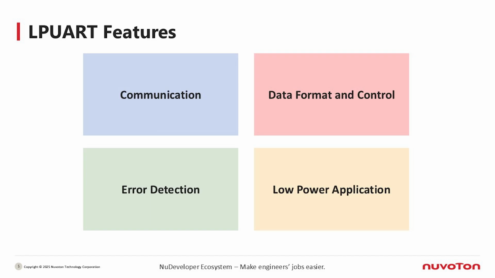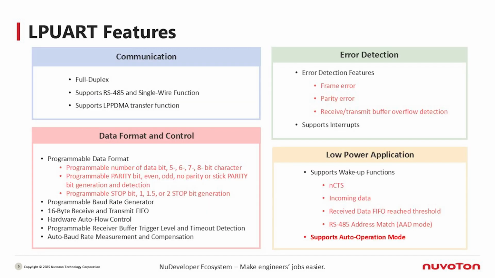Next, we will introduce the main features of the Low Power UART. We will explore them from four key aspects: communication, data format and control, error detection, and low power application. First, let's talk about communication. The Low Power UART supports full duplex data transmission, and it can work in RS-485 mode or single wire mode. It also supports low power PDMA, which is very important when you want to reduce CPU activity and lower the